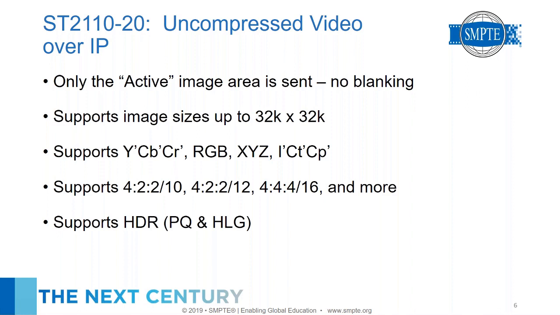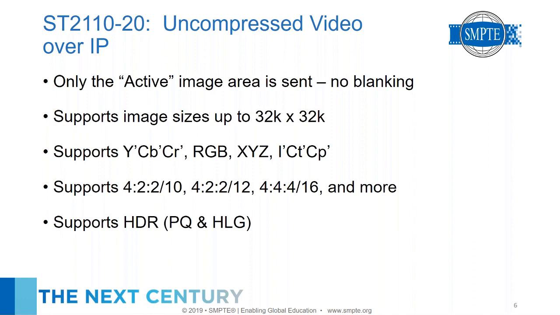And this is helpful. This actually saves in North America about 16% of the bandwidth, and in Europe it saves quite a bit more, almost 30%. The 2110-20 standard was written to be, as much as anything could be, future-proof. So while we're implementing UHD today, most of us, and 8K is in demonstrations, and I think somebody actually talks about 16K now, we decided that we would just support right from the get-go up to 32K by 32K. So we don't have to revisit this document to add more image sizes.